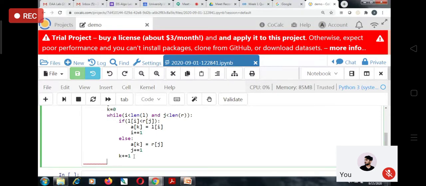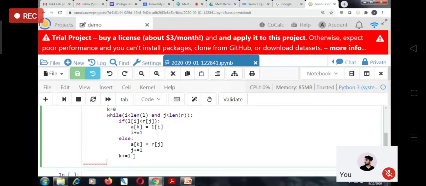Because we already know that the left and right sublists are already sorted, so we don't need to check whether any element is greater or not. Those leftover elements are already greater than whatever we have put into the new array, right? You are understanding what I'm saying? This is basically the merging operation, nothing else.